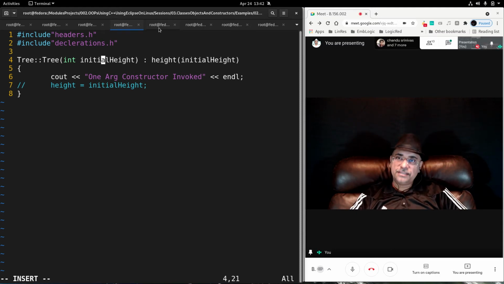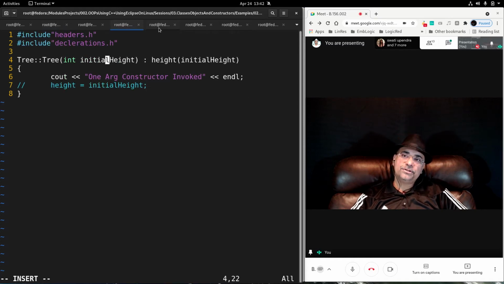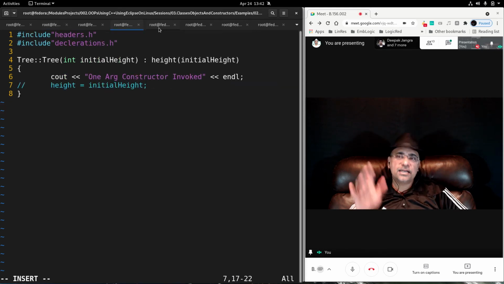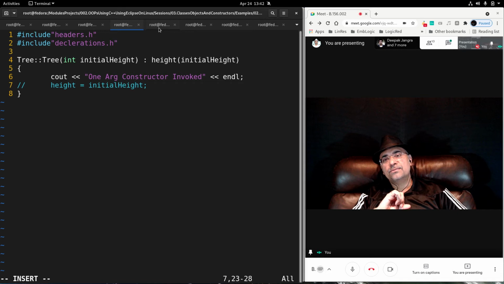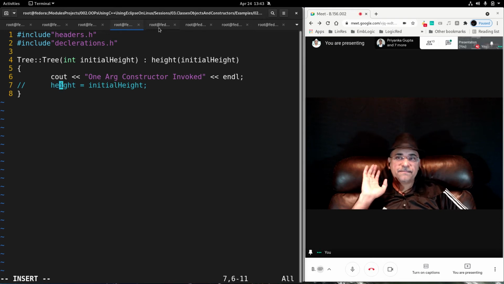Now this 12 value has to be assigned to the private member height. So 12 from initial height formal argument will be assigned to the private member height, and you have been doing this earlier like this. The formal argument initial height containing 12 was assigned to private member height.